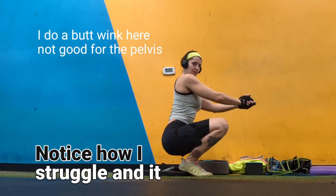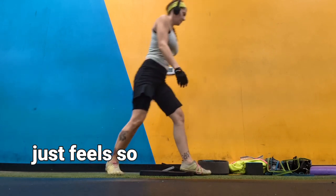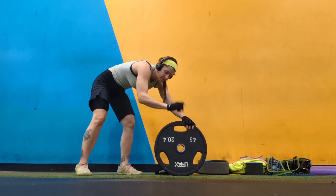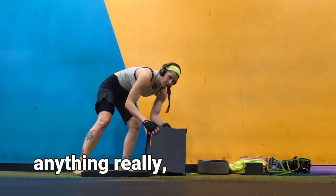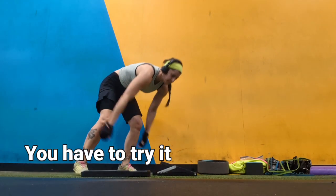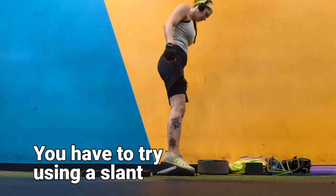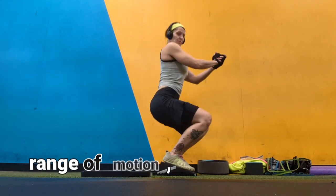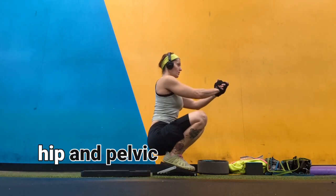Notice how I struggle, and it just feels so unnatural to me because it doesn't give you stability on a 45 plate. It does not change anything, really. But that's just my perspective. You have to try it and see it for yourself. You have to try using a slant board and see how it can improve your range of motion, your squat technique, your hip and pelvic